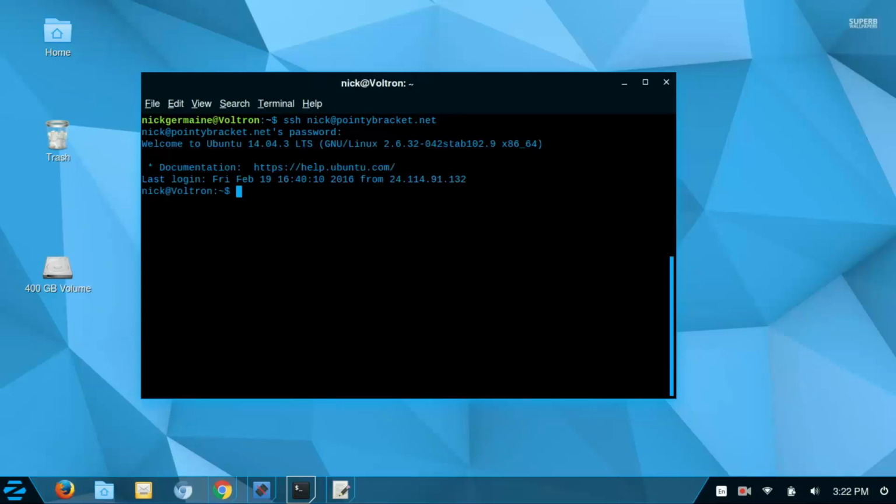You're going to see that the prompt is going to change. I've actually got this machine named the exact same thing as my server name, so it's Nick at Voltron here, and I'm on my local machine. So if I were to go to var www HTML,